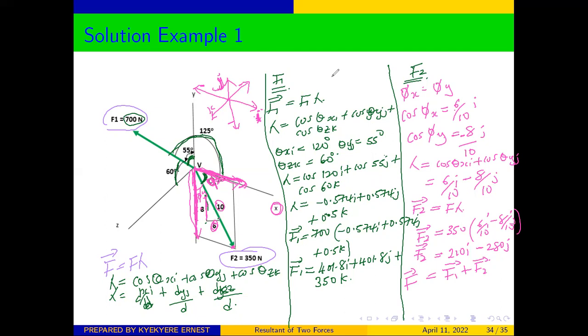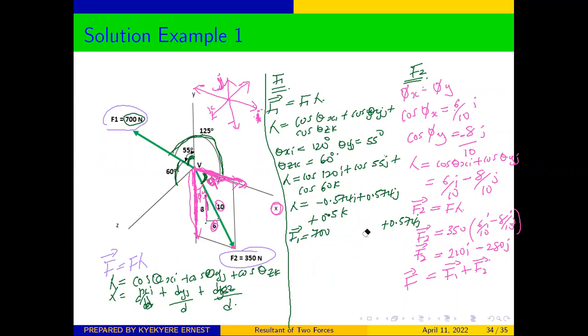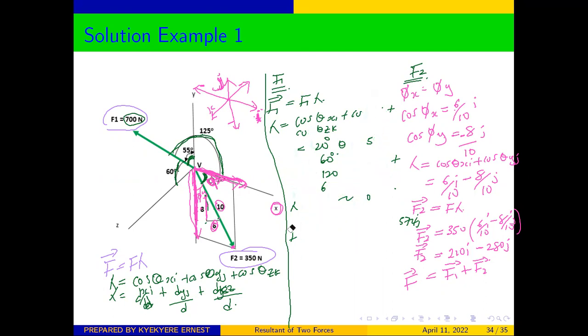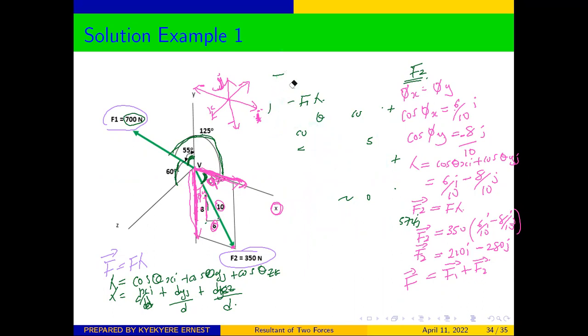So quickly, let's look at how to add all of them together. Don't forget that we have already gotten our vector F1 and our vector F2. So we can find the resultant force in the vector form. So in the vector form, now we can write it as, we can say that our F